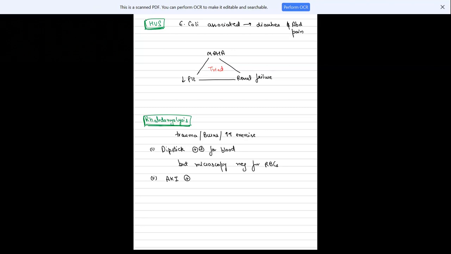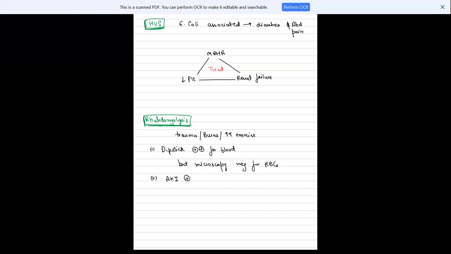And there is a similar disease to HUS, we call it, we'll read further, I just forgot the name. We can discuss in the upcoming slides. So in HUS, remember three things: blood low due to hemolysis, platelets low, and renal shutdown. And the second disease similar in presentation to HUS is TTP,